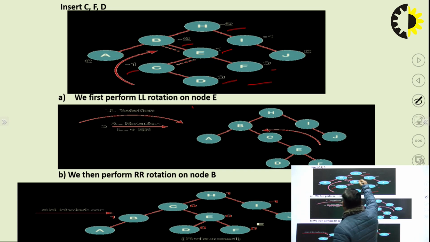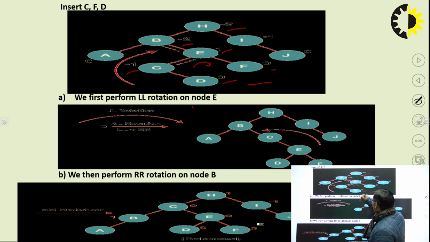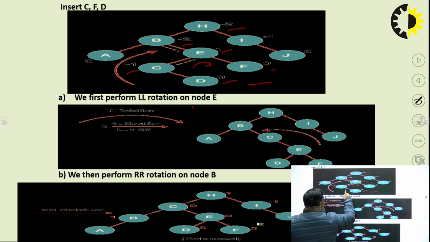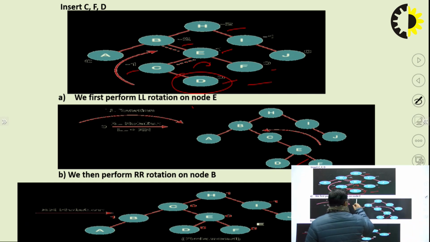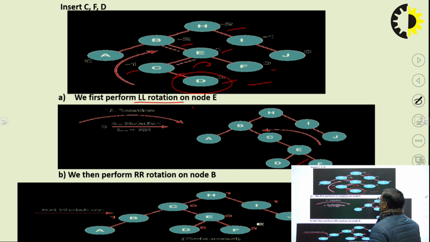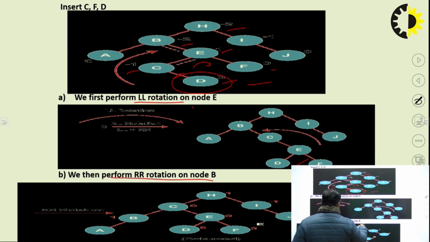We pick the E and pull in a clockwise direction, then C will act as a parent of E, and the right child of C will be made the left child of E. जो C का राइट चाइल्ड है वो E का लेफ्ट चाइल्ड बन जाएगा, ओके। मींस हियर वी विल परफॉर्म अ LL रोटेशन, देन आफ्टर वी परफॉर्म अ RR रोटेशन,